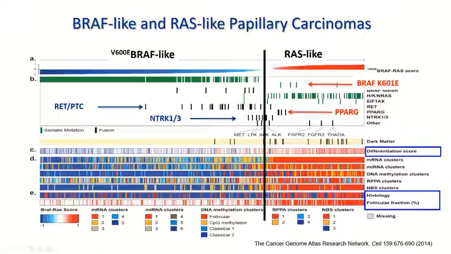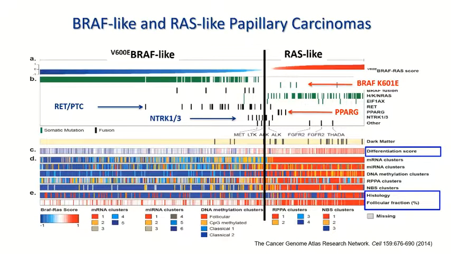Obviously, nothing is 100%, and Dr. Fagan mentions that some BRAF V600E tumors are getting close in the gene expression profiles and even thyroid differentiation profiles to RAS-like, and vice versa. But again, fundamentally, every molecular event can be placed into either BRAF-like or RAS-like